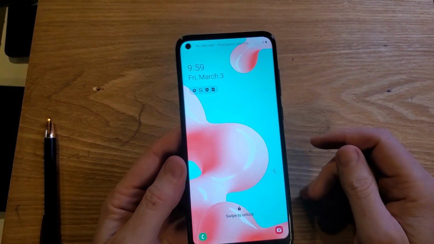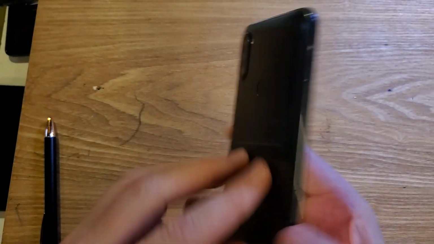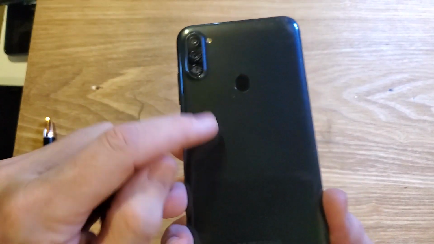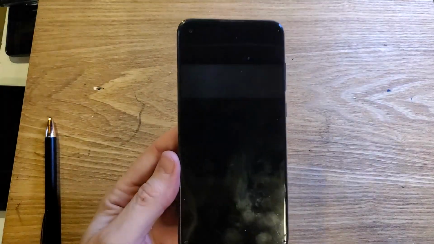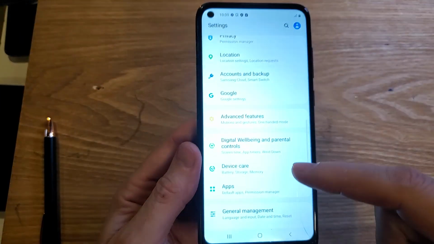This is the full guide on how to set up your SOS messages on your Samsung Galaxy A11. Make sure we're talking about the same phone: it has this 3-camera system sensor in the back. Let's get started. All right, to set up your SOS messages, let's go to Settings, and then we're going to